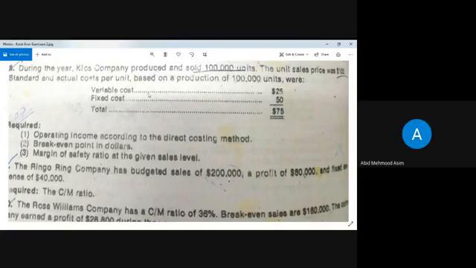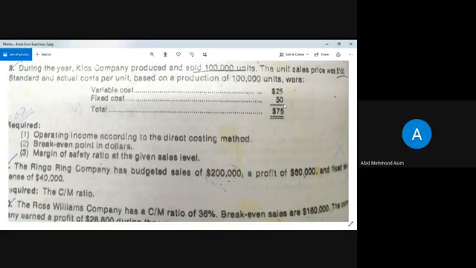When we see the variable cost, this is on the basis of per unit. So $25 is the per unit variable cost, and 50 is the fixed cost, but this is also per unit. In the previous question, we saw that fixed cost was given in total and variable cost was given per unit. But in this question, both the costs are given per unit, and this depends on the 1 lakh units.